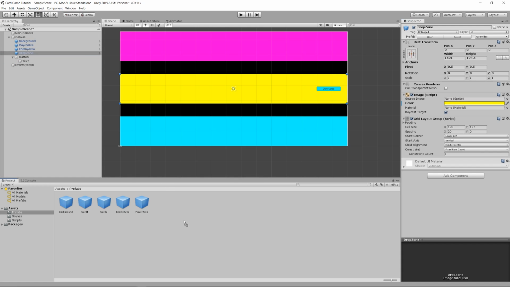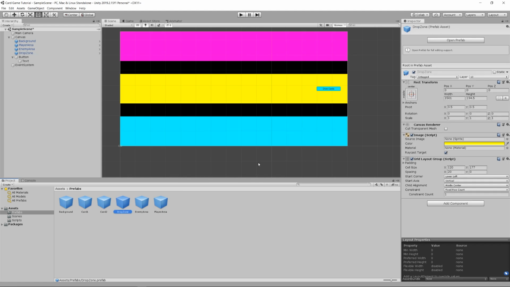So I'm going to drag this back onto the project tab, and it says, would you like to create a new original prefab or a variant of this prefab? And I say, no, this is a new thing. I want to create an original prefab. So then now I have a drop zone prefab. Okay, and then